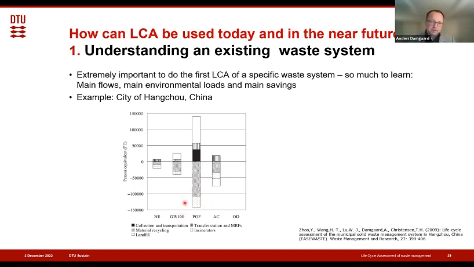I would say this was quite crude, elementary, compared to how we would do it today. But back then, of course, we were dependent on software that was a bit more limited than what we can do today. But it gave us an understanding, okay, there is something we need to do with the landfill. There are benefits from material recycling already in these systems. And then there is something with their incineration, at least if we're looking at global warming. So using this to understand the system is, of course, the first step.